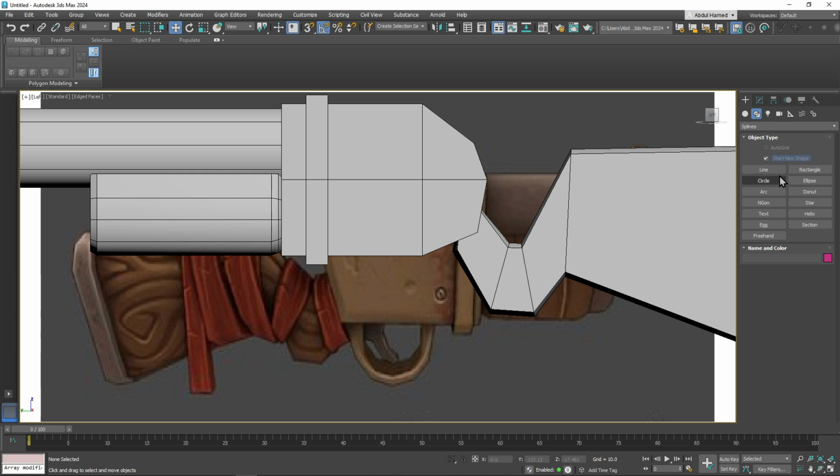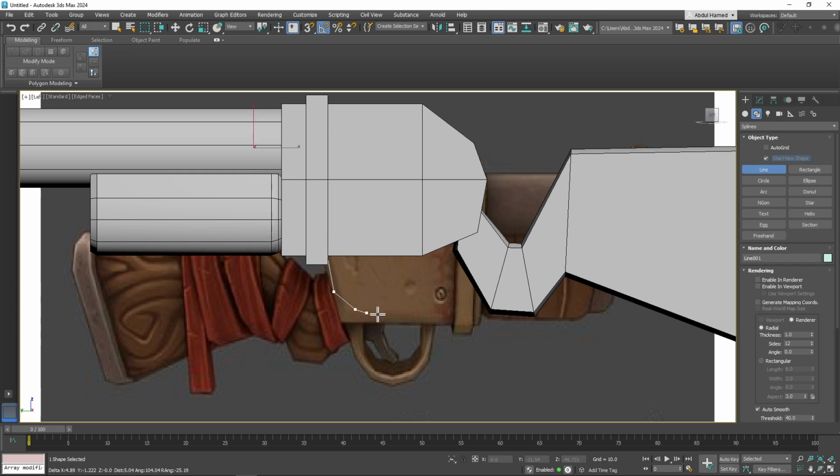So right now, because you can use a line and just, to build it, select line and then click, then click, then click,